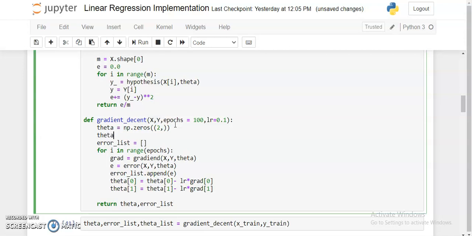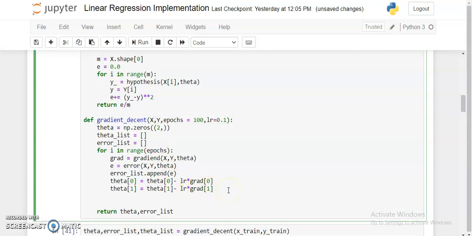So theta list will be saving the theta values here, and for every iteration I'll be storing theta values here. That would be theta list.append.